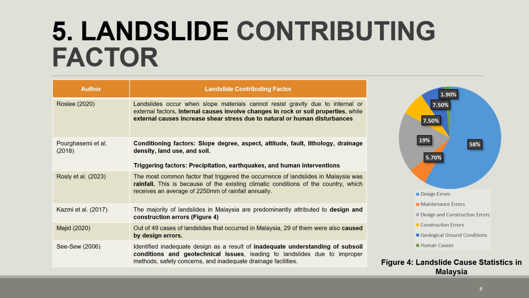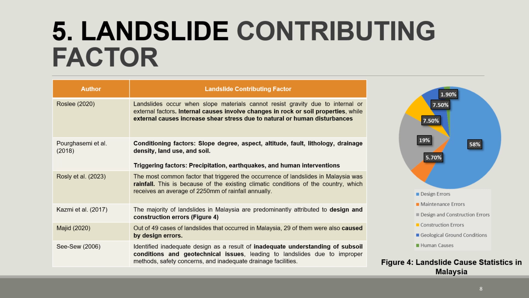The next one is the triggering factor, which includes precipitation, earthquakes, and human intervention. Rosley 2023 mentioned that the most common factor that triggered the occurrence of landslides in Malaysia was rainfall. This is because of the existing climatic condition of the country, which receives an average of 2,250 mm of rainfall annually, while Kazmi 2017 mentioned that the majority of